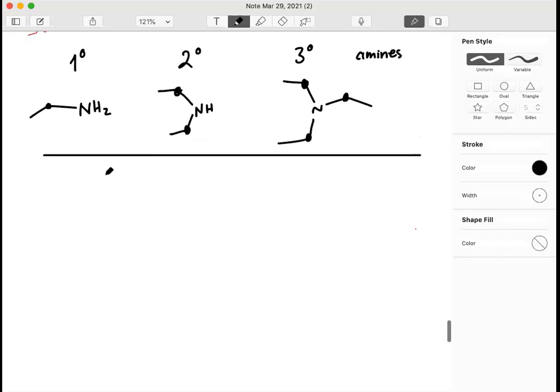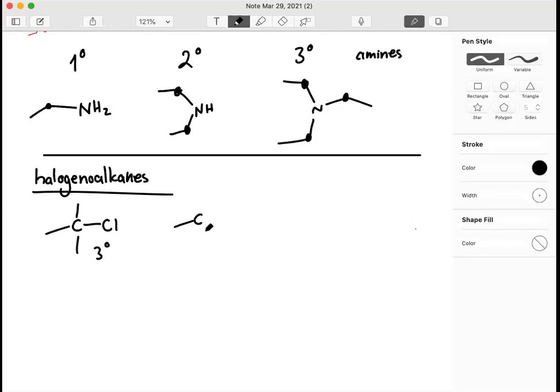بس احنا فعلا it's a good comment ان احنا نفرق ما بين ال primary secondary tertiary amines والحاجات اللي خدناها قبل كده. لو فاكرين في الهالو الكينز او زي ما بنسميها هالو جينو الكينز كنا بنقول primary و secondary و tertiary بناء على ايه؟ السي اللي ماسكه في السي ال، السي دي نفسها كانت كده مثلا كانت بتبقى tertiary، كده كانت بتبقى secondary، كده كانت بتبقى primary صح؟ لكن هنا احنا مش بنعمل بناء على السي دي، احنا بنعمل بقى على النيتروجين نفسها. فاهمين الديفرنس؟